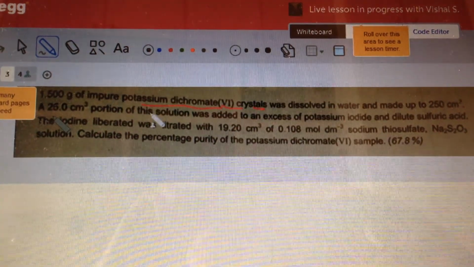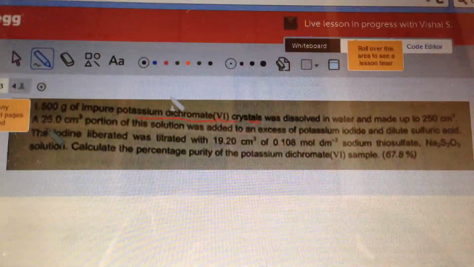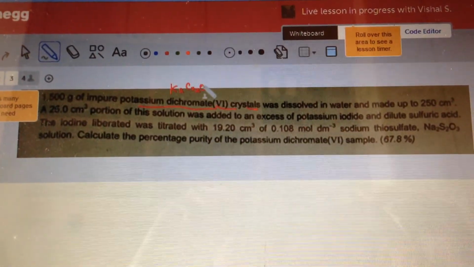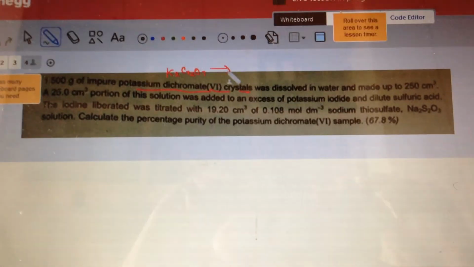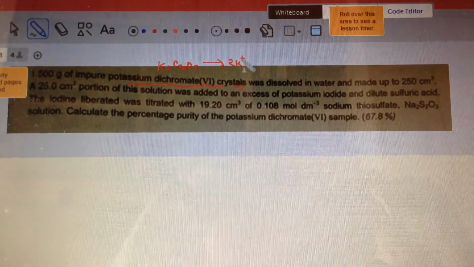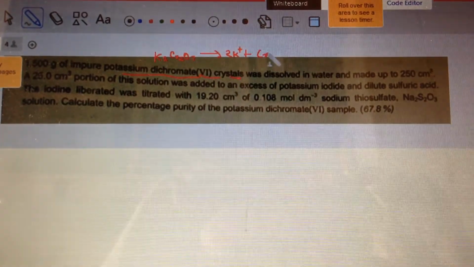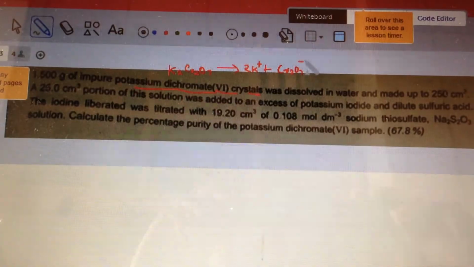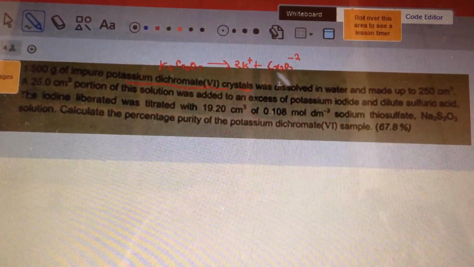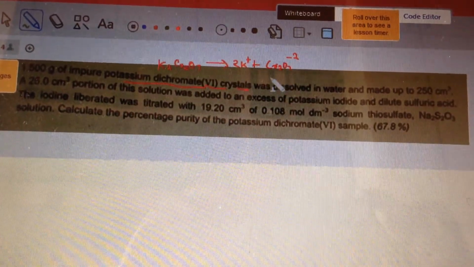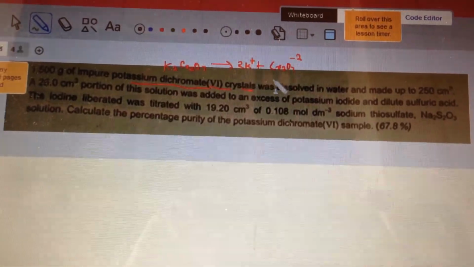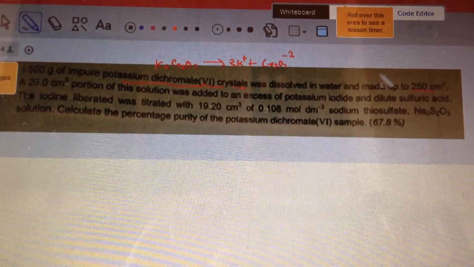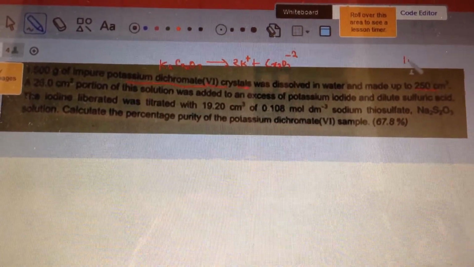For potassium dichromate. The potassium dichromate is actually K2Cr2O7, which technically breaks into 2K+ and Cr2O7 2-. So this Cr2O7 is the same we used in the last question. It's dissolved in water of 250 mL, so that means we have 1.50